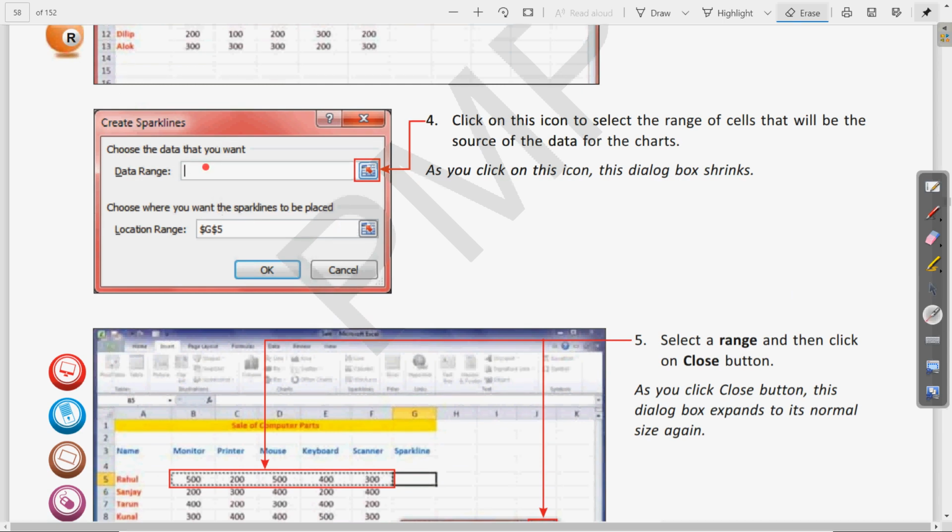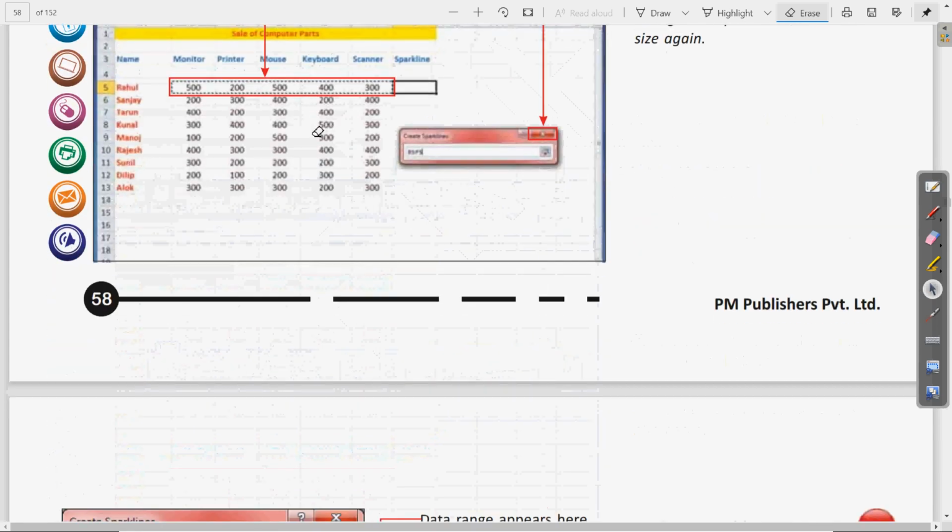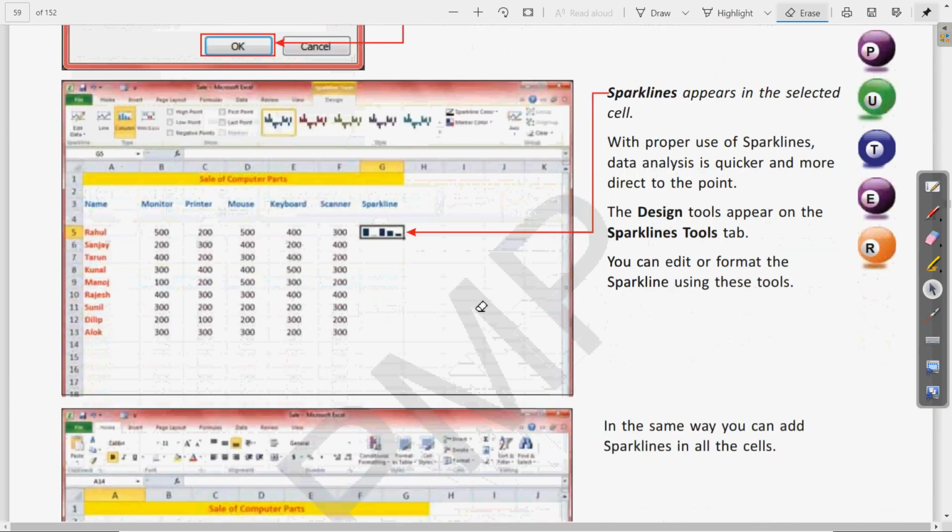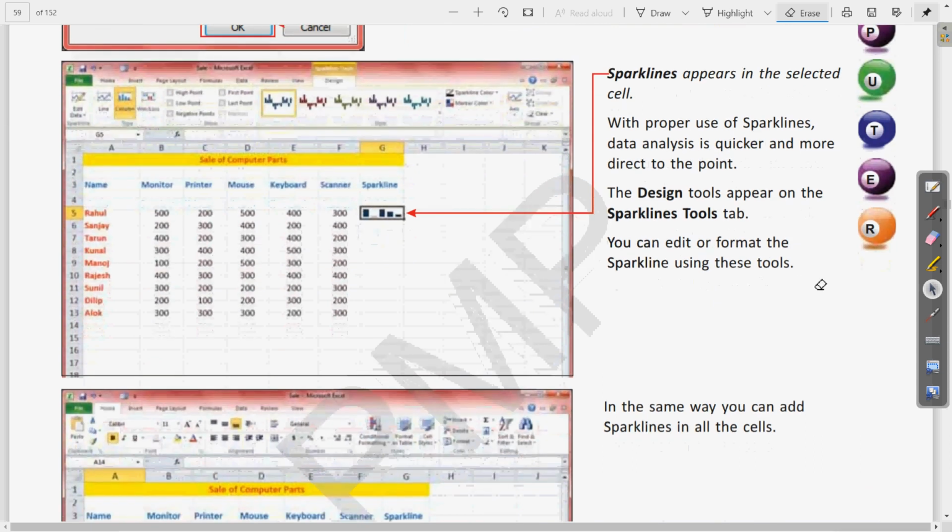Here whatever data range we want to include, we can select, and the location range is the cell in which the sparkline will be created. Clear? So these were the steps for selecting the range of the records, and here the sparkline is created.